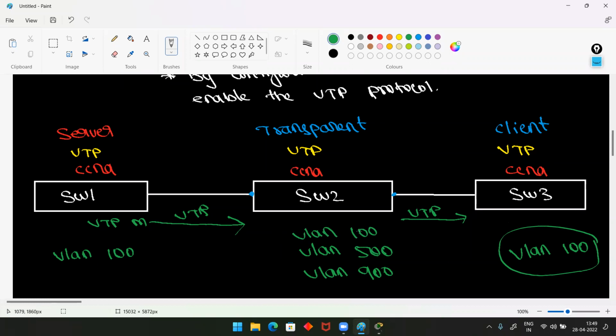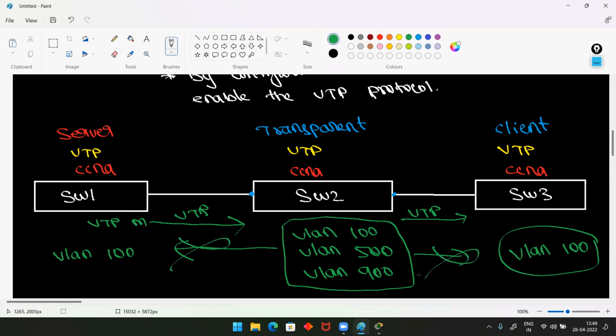But sir, one more question here. In the transparent mode switch, if I configure the 3 VLANs like this, now tell me, can these VLANs propagate to the neighbor switches, sir? No, guys. No. In the transparent mode switch, whatever VLANs you create here,